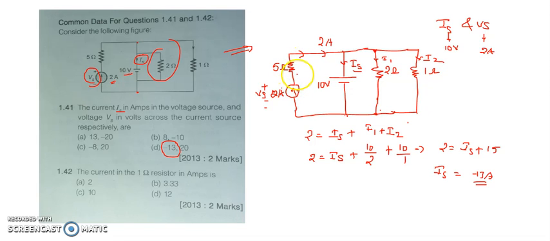And here, for each and every resistor, the current entering is taken as positive and the current leaving is taken as negative. Clear? So here the 2 amperes of current is entering this resistor in this direction. So the entry I took as positive, and the leaving of this resistor I took as negative. Clear? So how much current is flowing through this 5 ohms? 2 amperes of current is flowing.